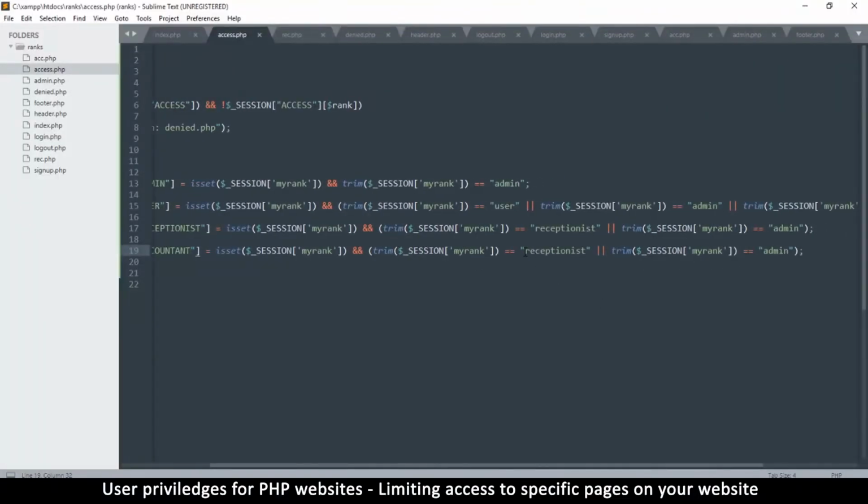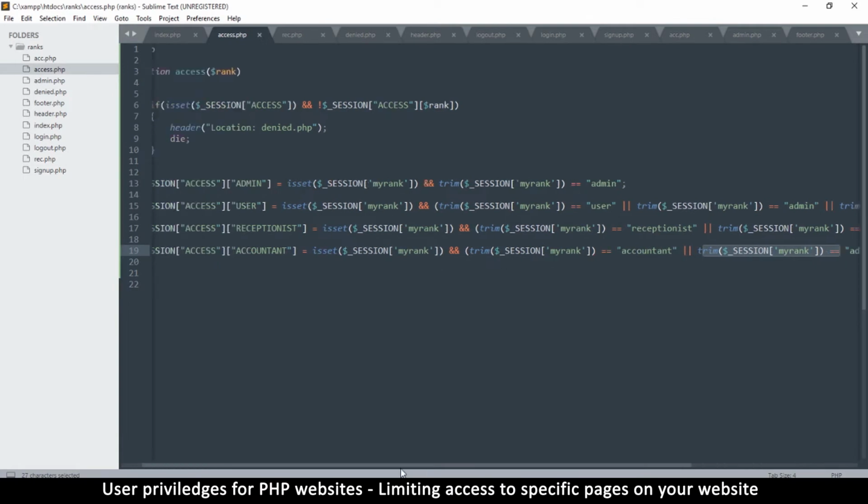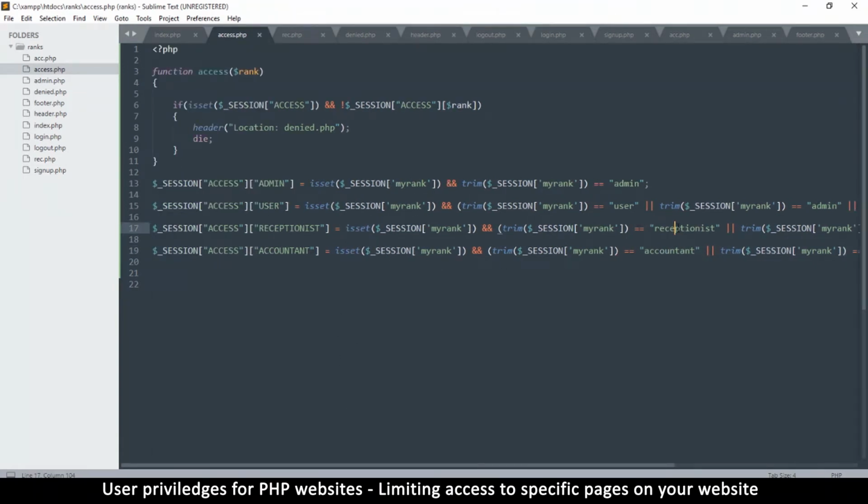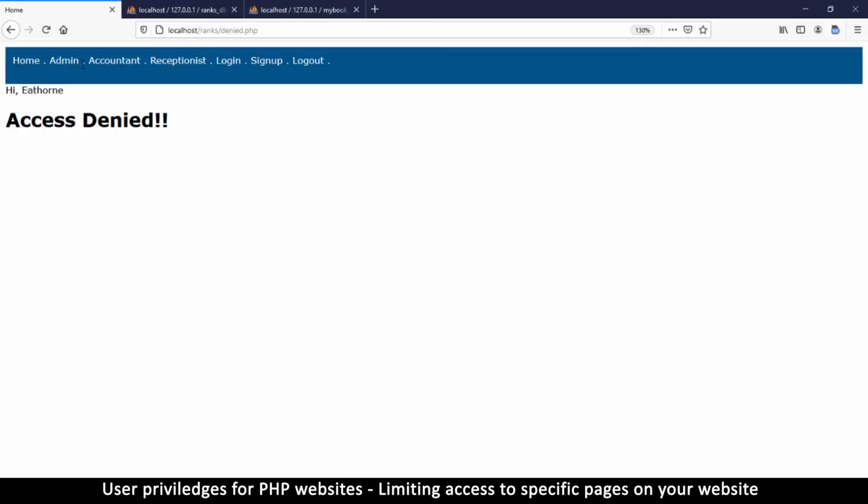So the rank should be equal to accountant. Let's change that. Accountant, like so. So only the accountant and the admin should be able to access that part where it says accountant, not the receptionist and not the user. So this is working out. So let's go to accountant and see if we have access now. There we go. So as an admin, I have access to the admin, to the accountant page, to the receptionist